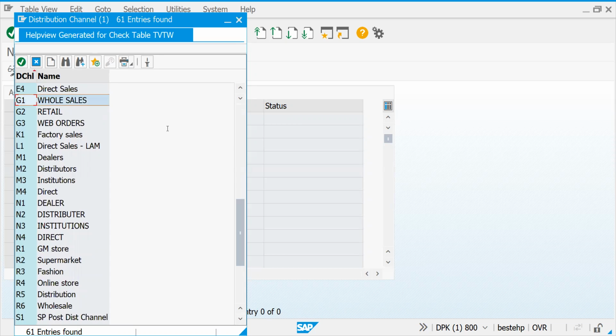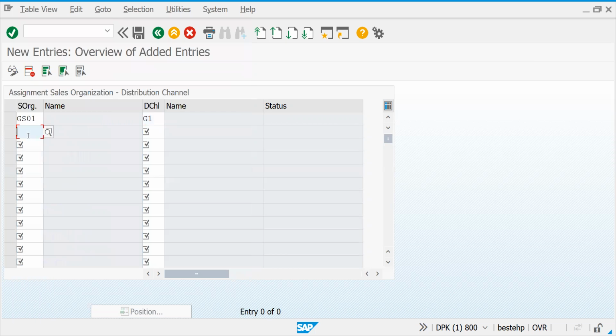G1 for wholesales, for domestic level, again G2 for your retail sale, retail orders, GS01 for domestic, again your G3.